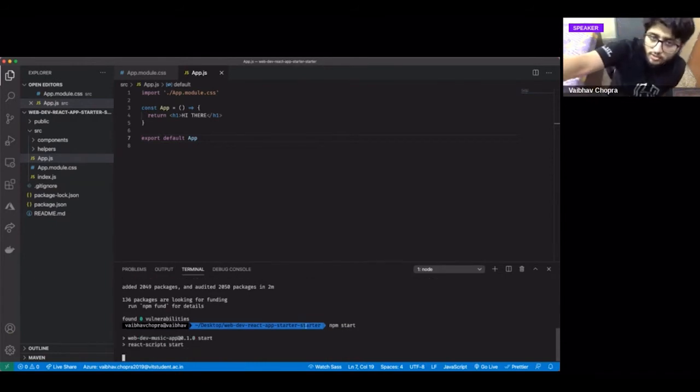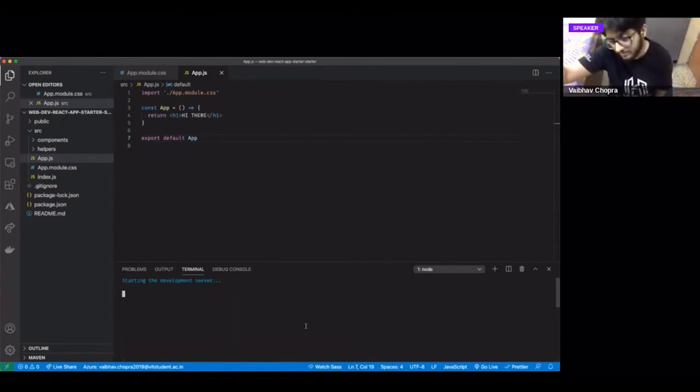Just how I taught you nodemon, which allows you to have hot reload on your backend, you don't need that in React because npm start, which is basically react-scripts start under the hood, has hot reload by default. So you don't need something like nodemon separately.